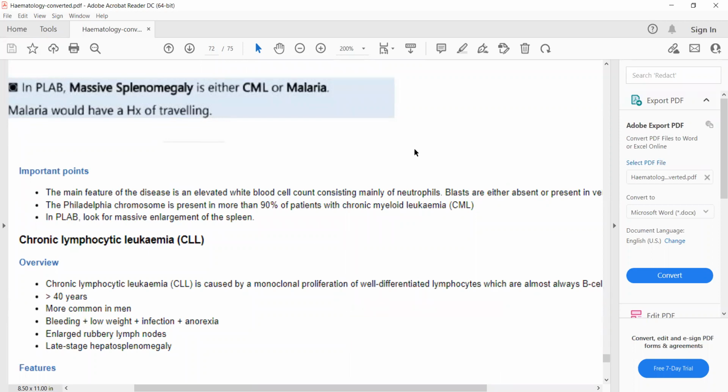This was all about CML. This is clear, everyone, or is there any question? Is there any age specific for CML or CLL? Yes. Specific age for CML is that